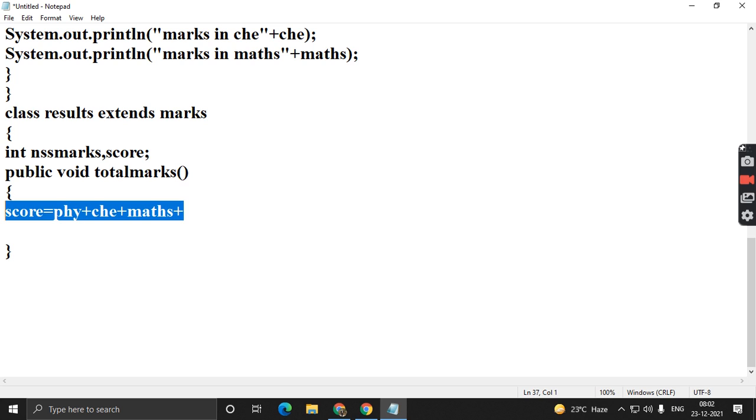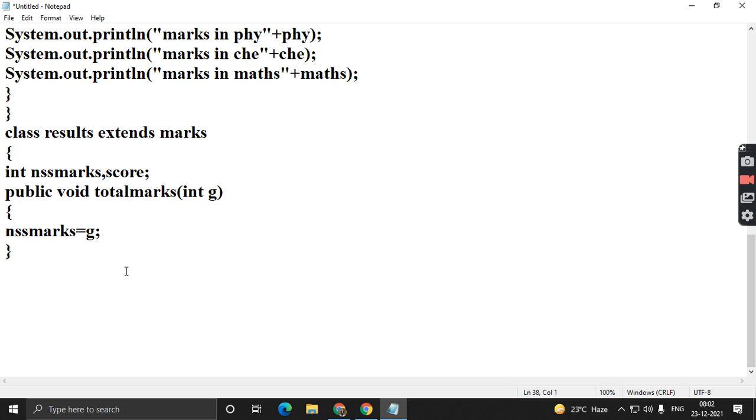First we will try to initialize the NSS marks here by passing the parameters. So we have the NSS marks which are given here. So we'll try to complete this definition of total marks. Now we'll have one more function, show.